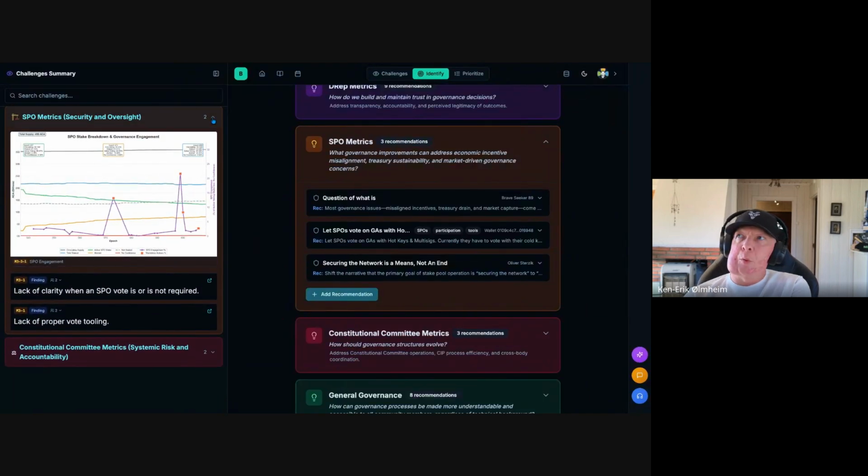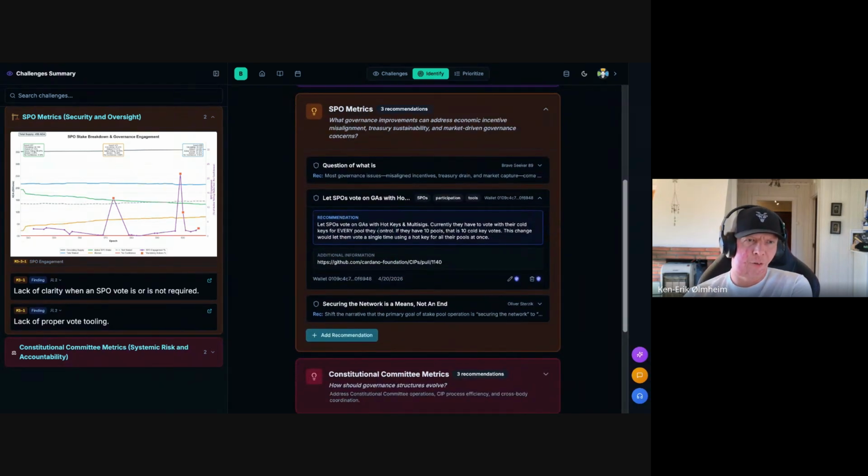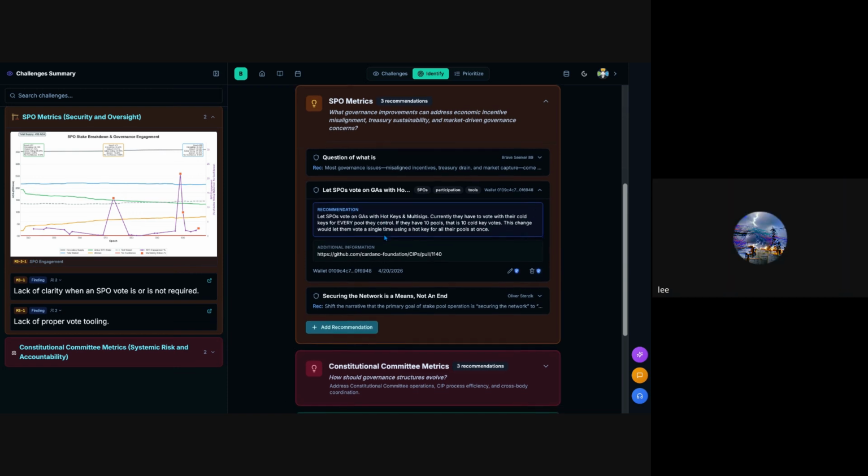In regards to the report, so far we have identified that as a stake pool operator, it is difficult to participate. I would say it's a friction to participate in governance. And one of those we have identified is that every time Joker wants to participate in governance, he has to dig deep in his drawer and get his cold keys credential. He doesn't like that very much, especially if he has a block producing node. Isn't that right, Joker? That is absolutely right.